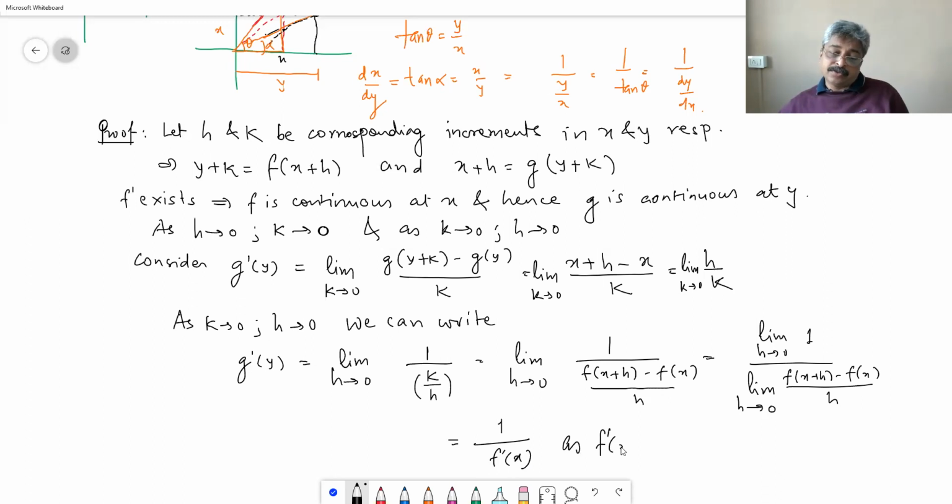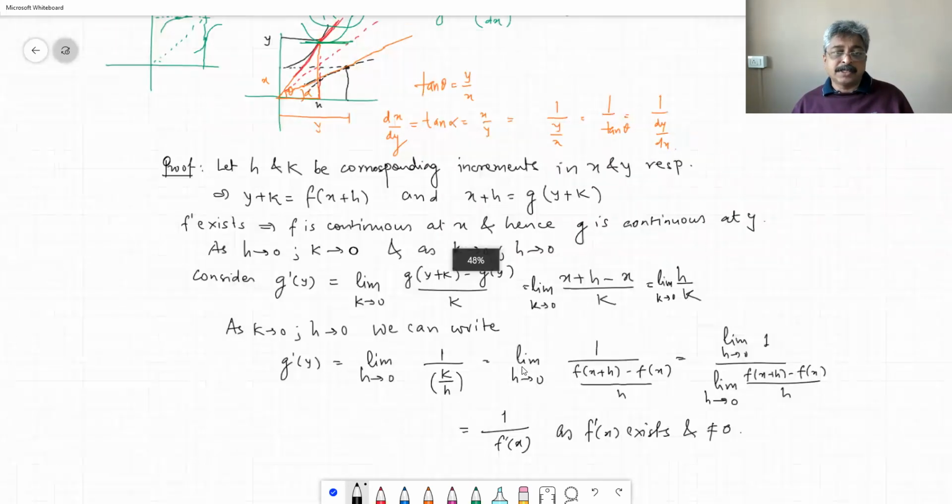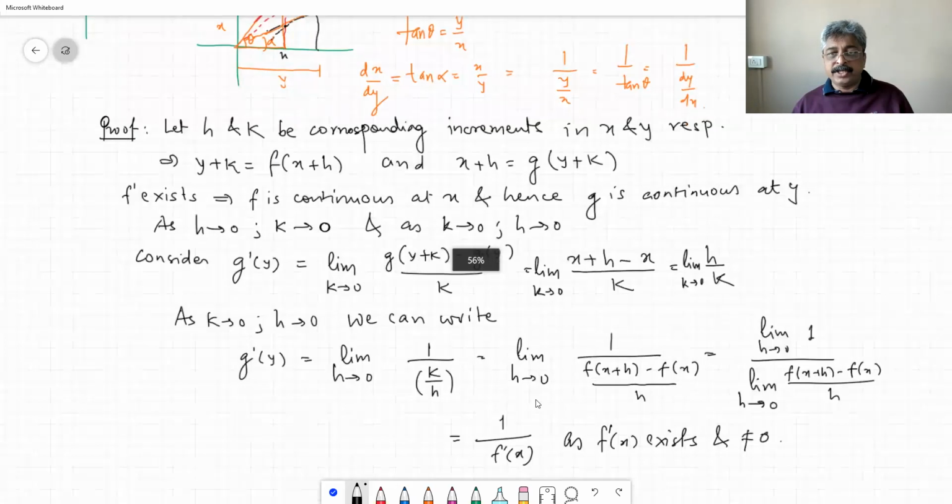As f dash of x exists and not equal to 0. So that is the proof, and hence the job becomes very easy now. If you want to find the derivative of an inverse function, you find the derivative of the original function and take the reciprocal. Therefore,